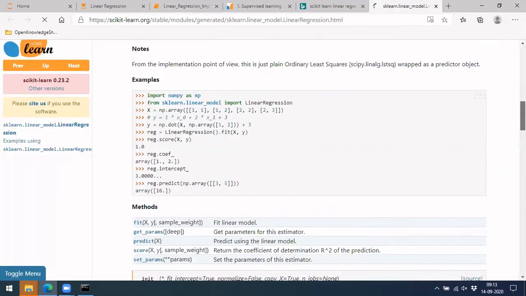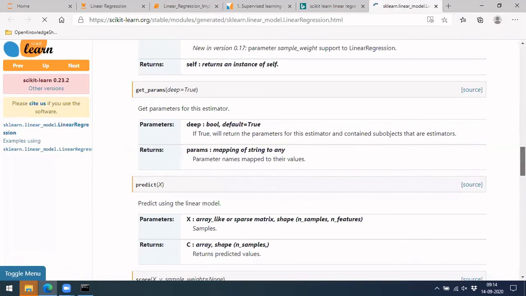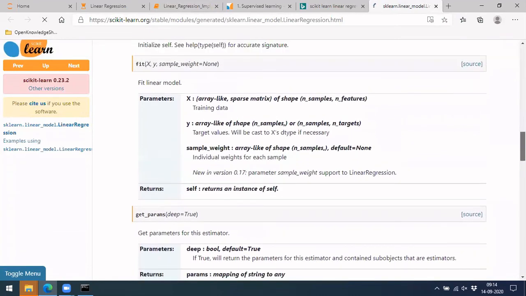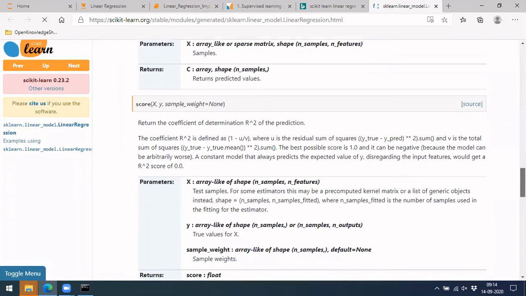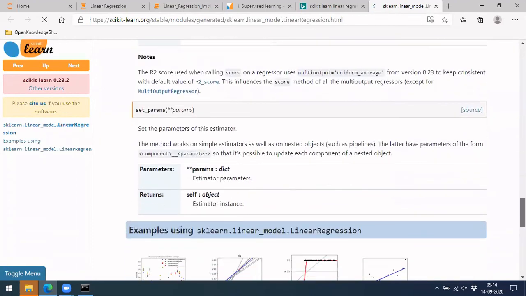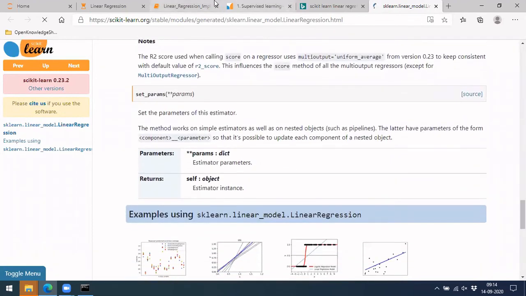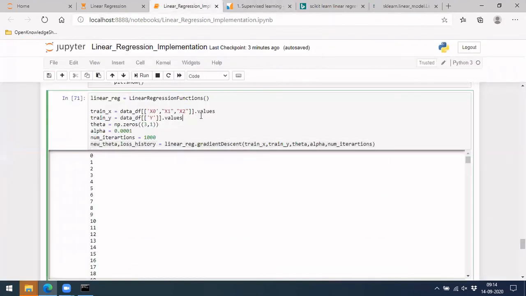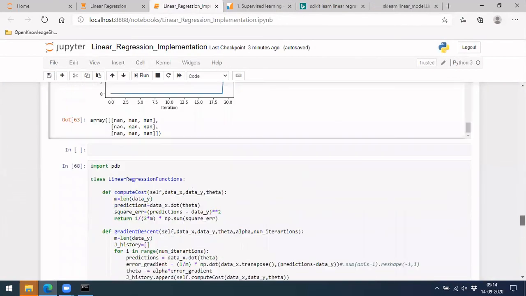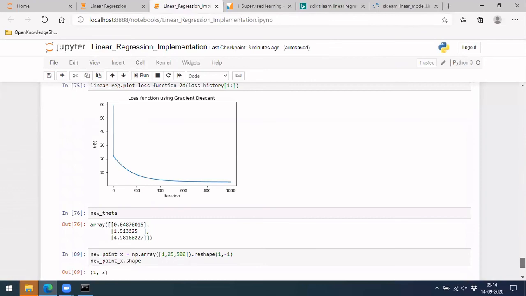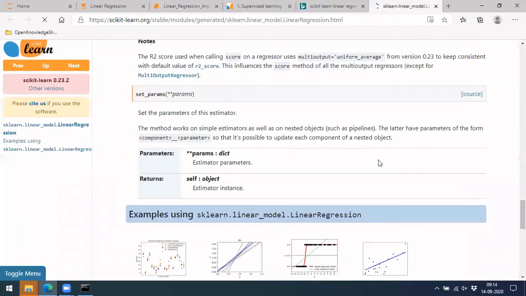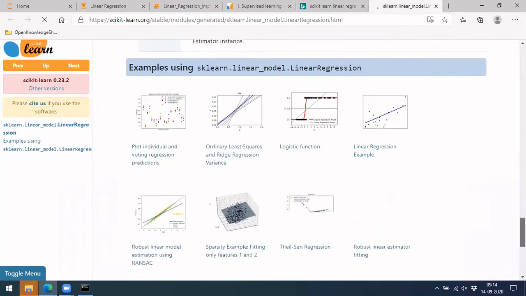And if you do dot fit, there are a few parameters which you can give yourself, so we'll anyway look into it. There will be many challenges which we will be facing while doing this multi-variable linear regression, which we'll see tomorrow. Okay, so that's it for today. Let's see tomorrow with a few more topics.